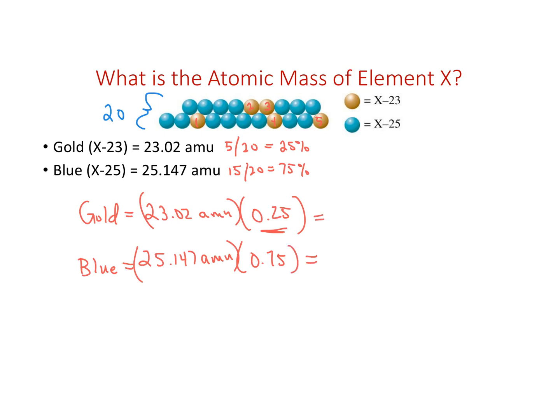So we multiply those together. I get a weight contribution from the gold spheres of 5.755 AMU, and I get a contribution from the blue spheres of 18.86025 AMU. And just like the last time, now I've got a weight contribution from both of those isotopes. I want to add that together to get the overall atomic mass of this sample. Adding those together, I get approximately